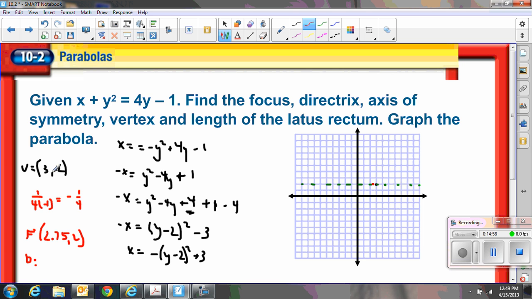So 3 minus negative 1/4 means this is at 3.25. The directrix, if your parabola is this way, is an x equals equation. So at 3.25,